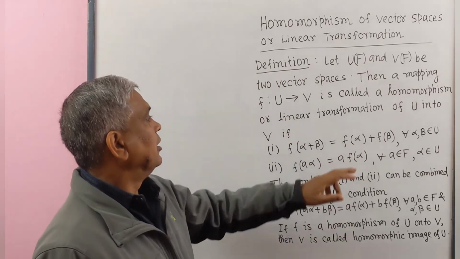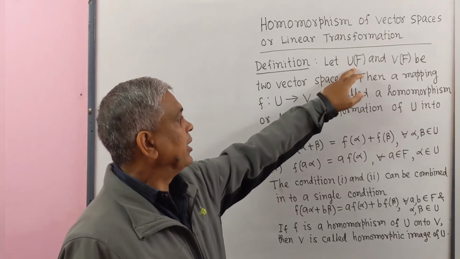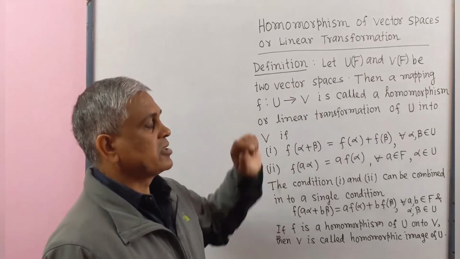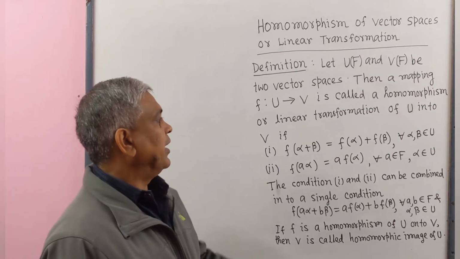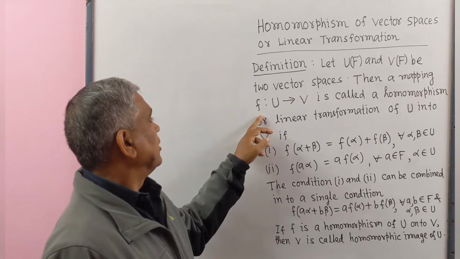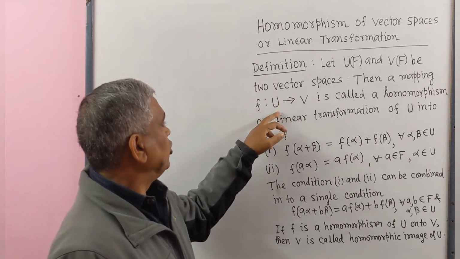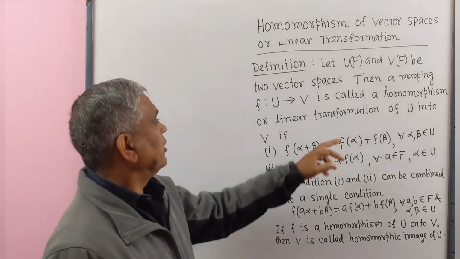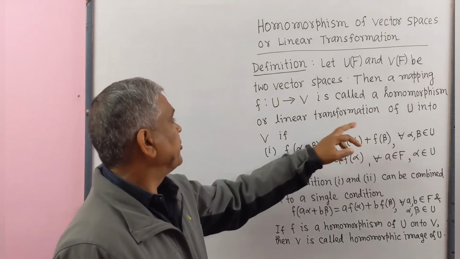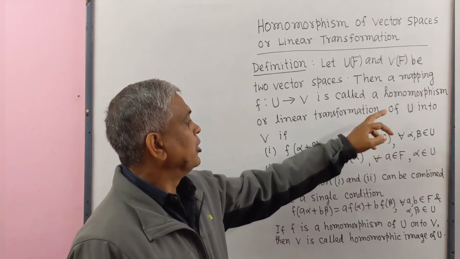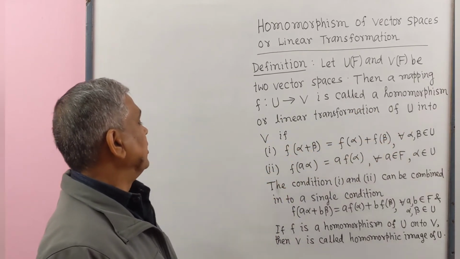Definition. Let U(F) and V(F) be two vector spaces. Then a mapping F defined on U into V is called a homomorphism or linear transformation of U into V